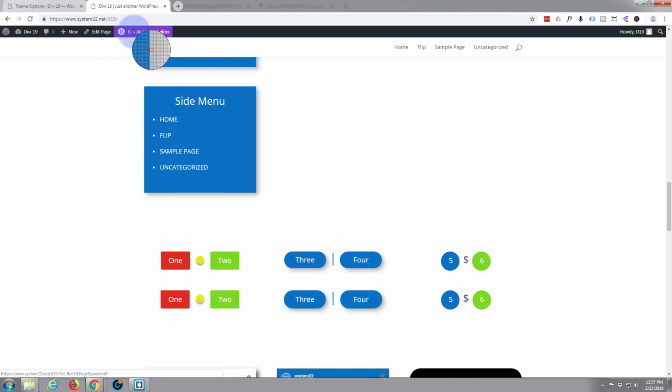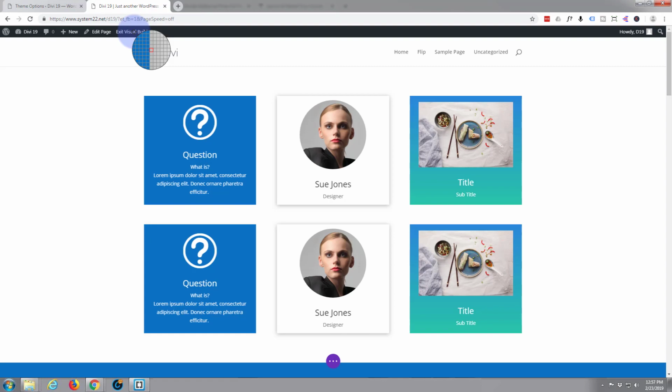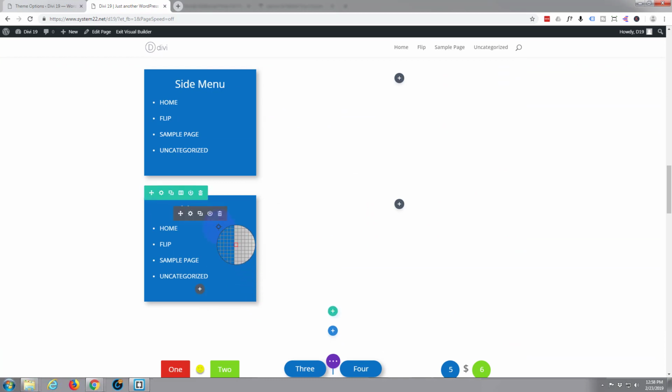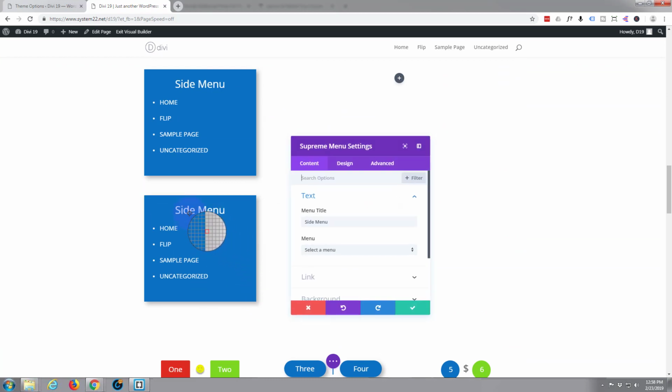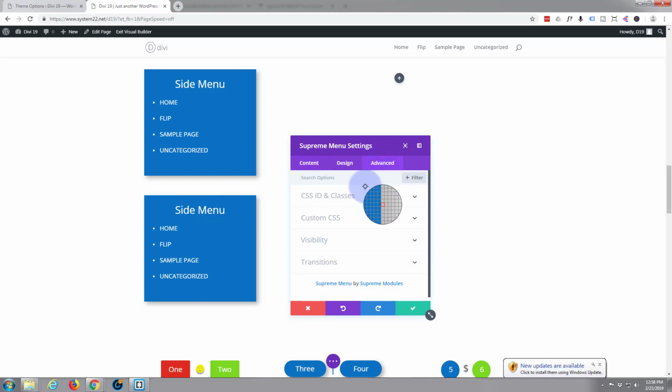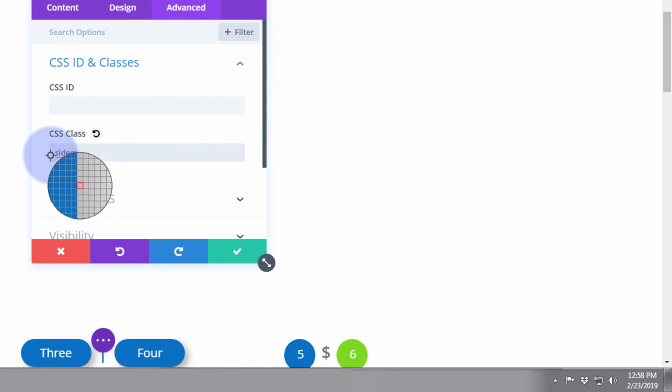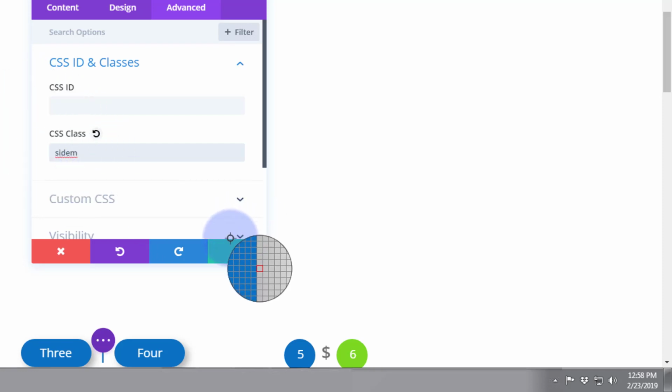Okay, let's just open the Visual Builder. Go back down to where we were. This one. Hit the little cog to edit it. I'm going to go over to Advanced and I'm going to give it a CSS class, CSS ID and classes. I'm going to give it a class, not an ID, a class: sidem. So we'll be able to say .sidem to target this thing, and then li because it's list item. If I save that,